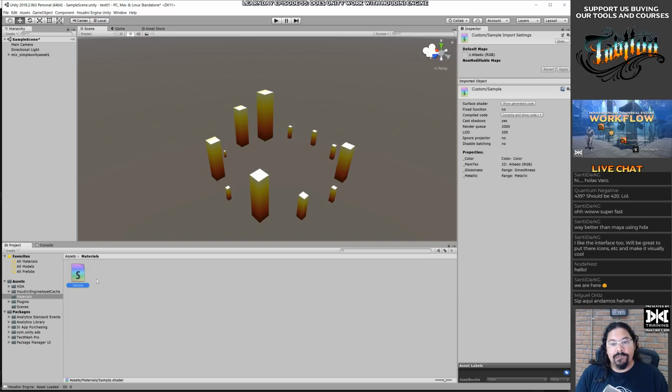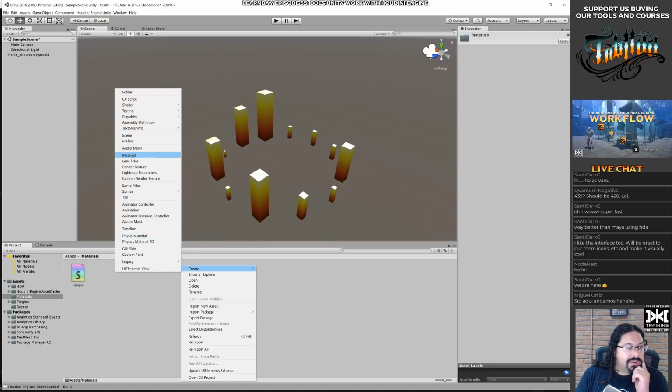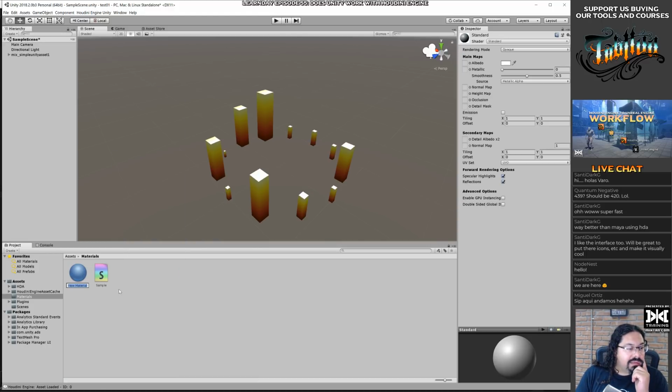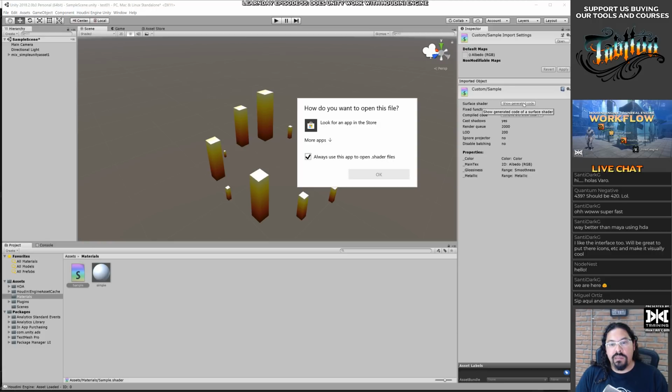Okay, so now we have a material which is not what I'm used to seeing here. I'm doing something wrong, right? Material. There we go. That's what I wanted to do. This is a shader that you can code. Actually, I wanna see the code. Show generated code.